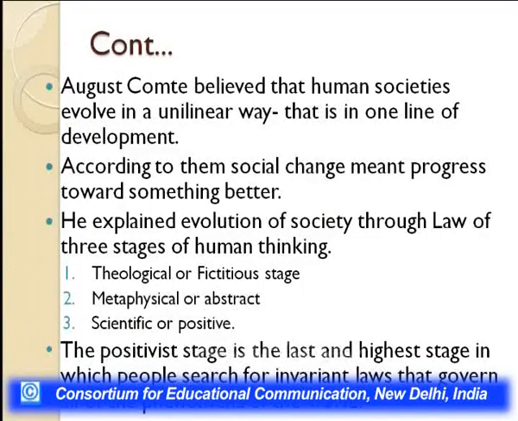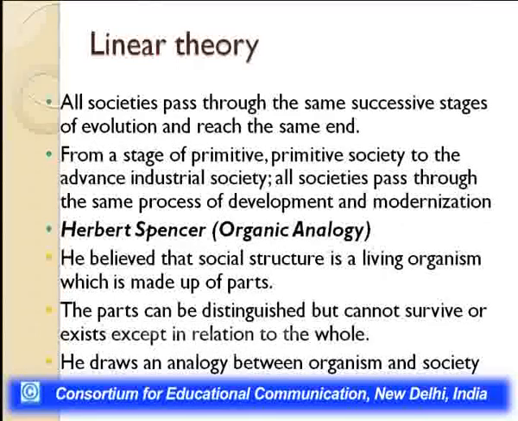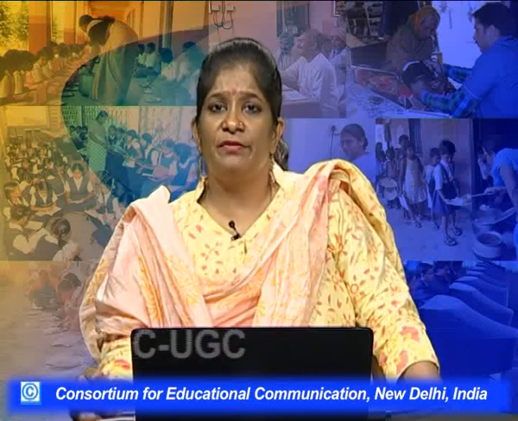And when we try to understand evolution, we see the society has evolved from a theological state to the scientific or positive stage. Then we have the linear theory. All society pass through the same successive stage of evolution and reach the same age. From a stage of primitive society to the advanced industrial society, all society pass through the same process of development